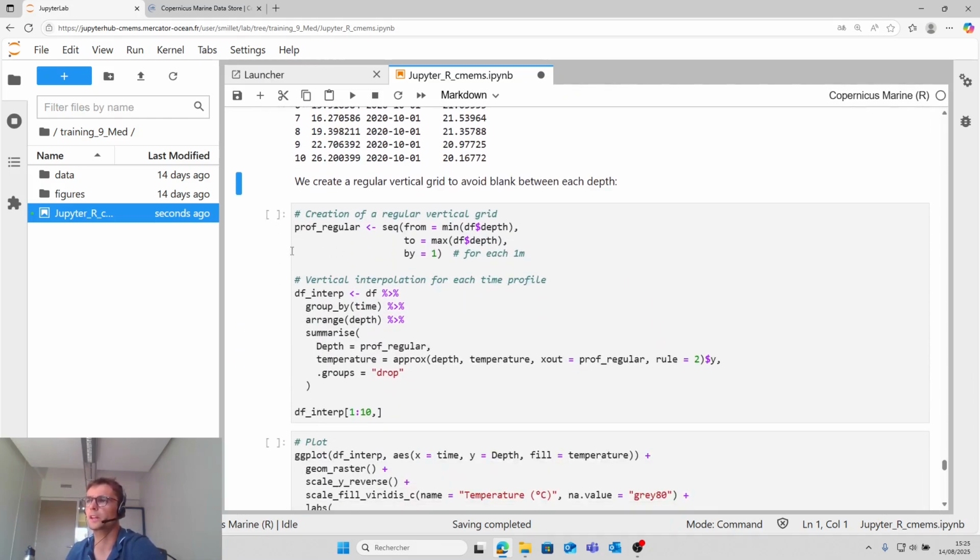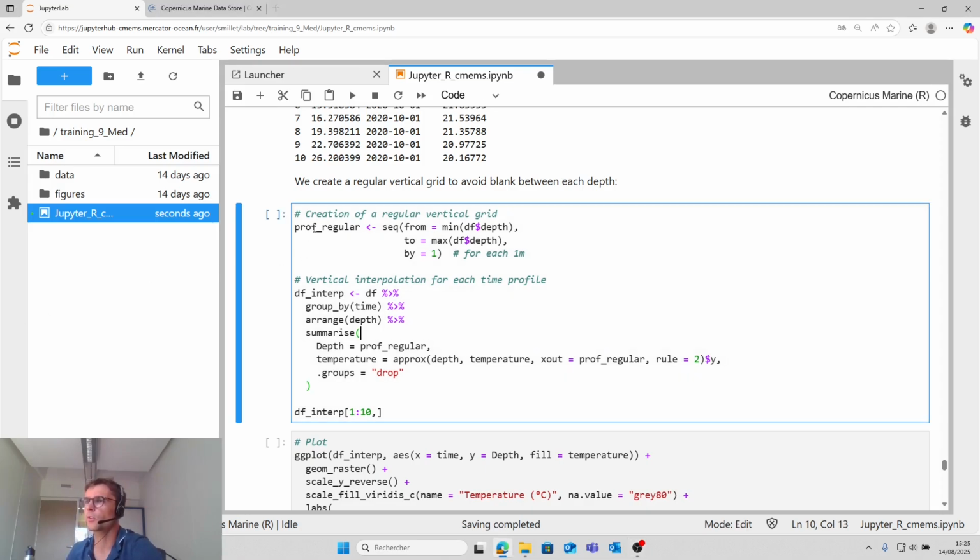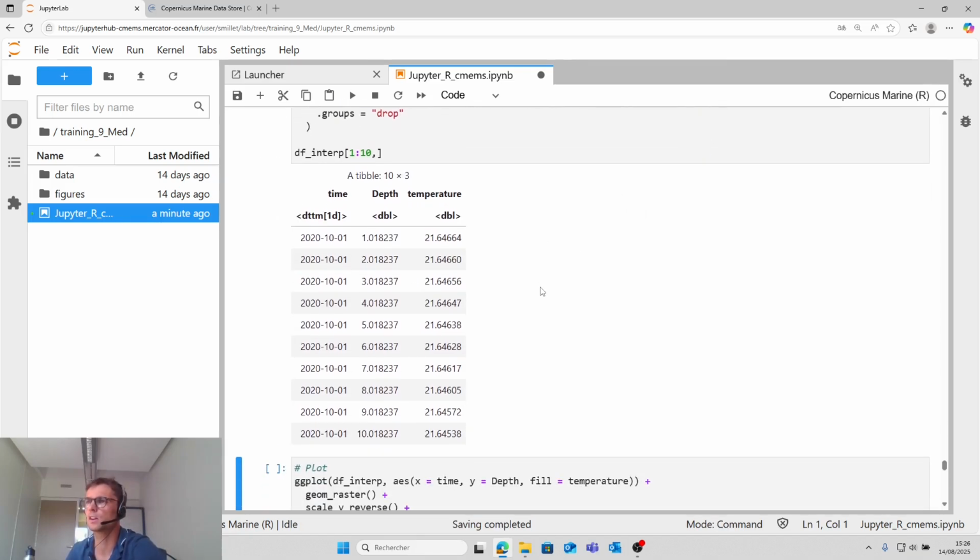Then we create a regular vertical grid to avoid blanks between each depth. It is for the aesthetics of the map. So we create a regular vertical grid, each meter between the minimum and the maximum depth of the data frame. And then we create an interpolation between the depths. So you can see here the values. There is a value for each 1 meter.